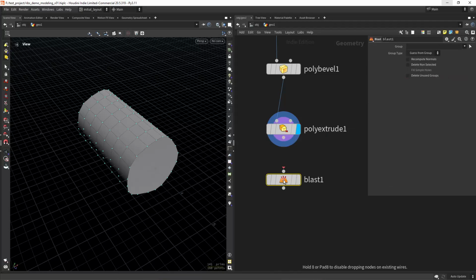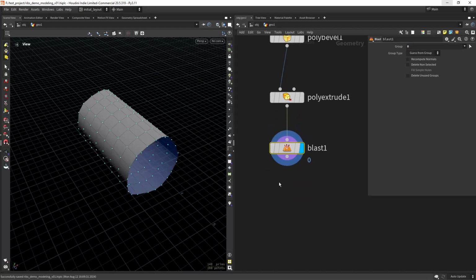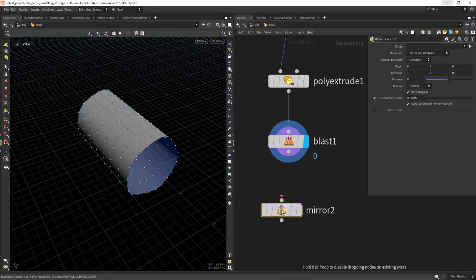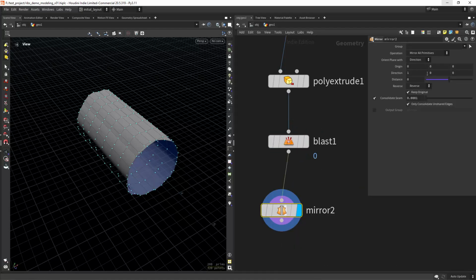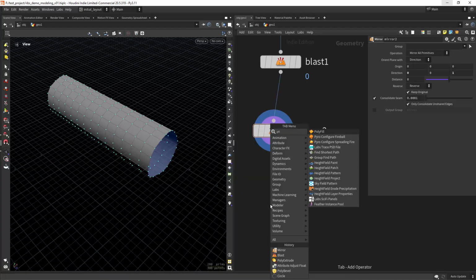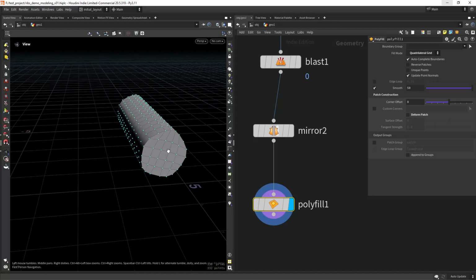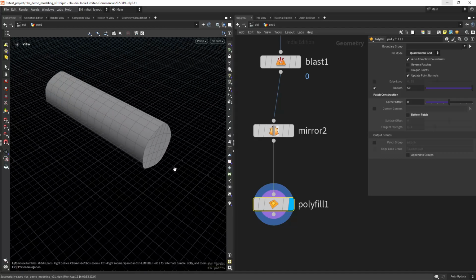Let's blast that primitive 0, so we have in here, so blast primitive 0, and now mirror. So on the Z, let's polyfill it, in this case quadrilateral grid. Let's untick the form patch,